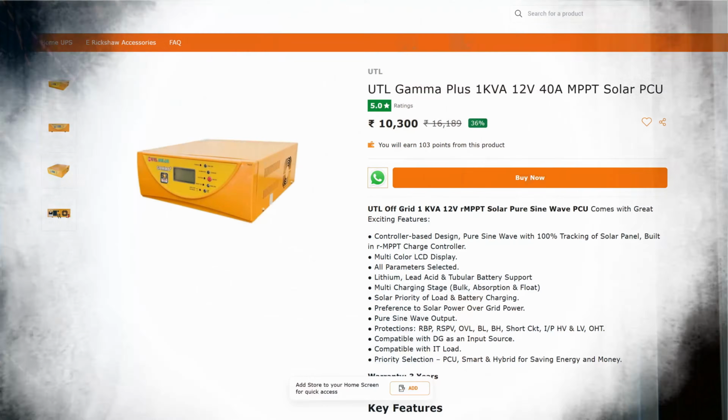Now let us talk about the price of a solar system, and here we talk about a 1 kilowatt solar system. A 1 kilowatt solar system is neither installed as an on-grid system nor as a hybrid system. You install it only as an off-grid system, and for a 1 kilowatt solar system, many inverters are available in the market now. If you only want to install solar panels of 1 kilowatt, meaning your load does not run up to 1 kilowatt, but you want to install 1 kilowatt panels, then you can take the Gamma Plus inverter